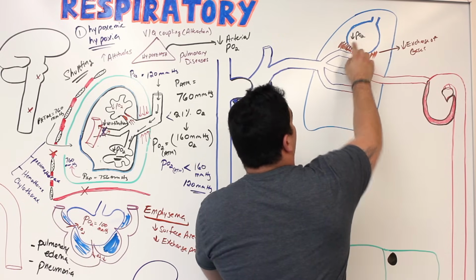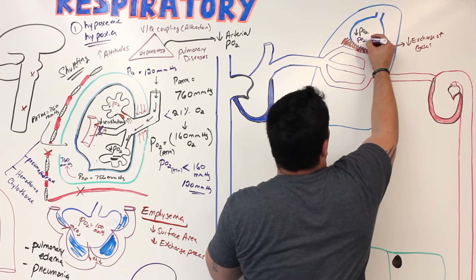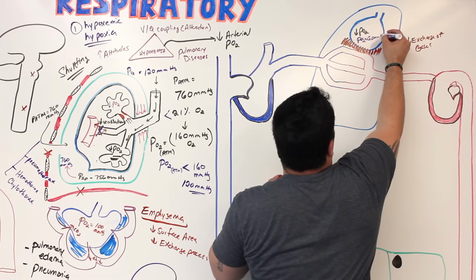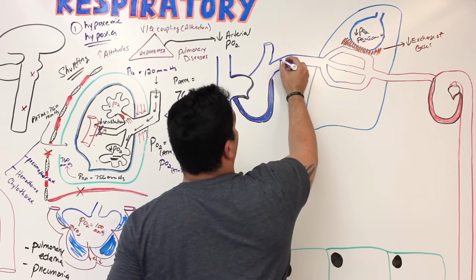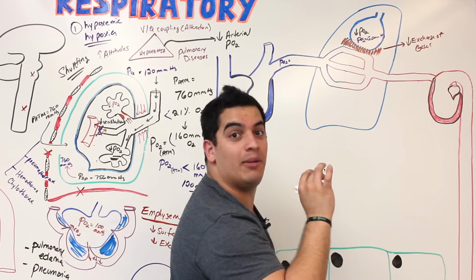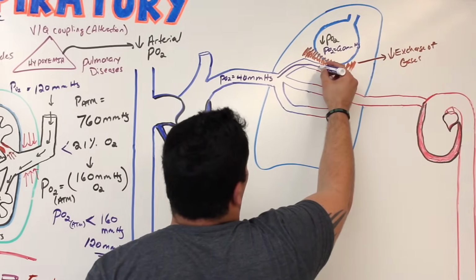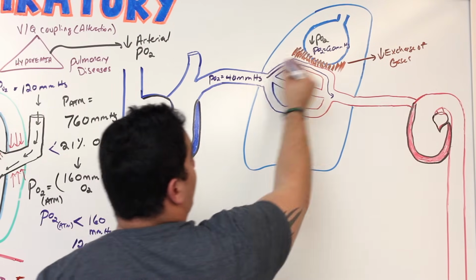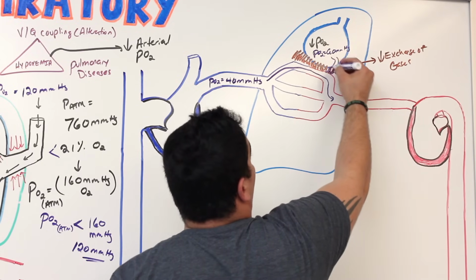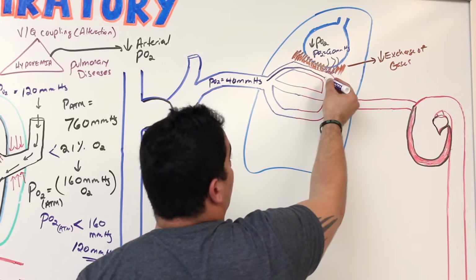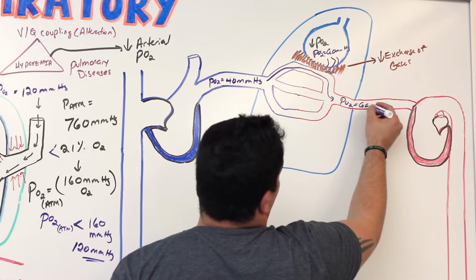If the partial pressure of oxygen decreases, let's just pick a number. I'm not saying it will be this, I'm just picking a number. Let's say that the partial pressure of oxygen in the alveoli equals 60 millimeters of mercury, right? What is the partial pressure of oxygen going to the lungs in the pulmonary artery blood? It should be approximately, if you remember, 40 millimeters of mercury. And then when it's moving through the capillary blood, what happens? It should have its exchange process. And whenever there's the exchange process between the alveoli and the blood, oxygen will move down its concentration gradient until the partial pressure in the pulmonary capillary blood equals the partial pressure in the alveoli, which is 60. So when it leaves, it should leave at a partial pressure of oxygen equal to 60